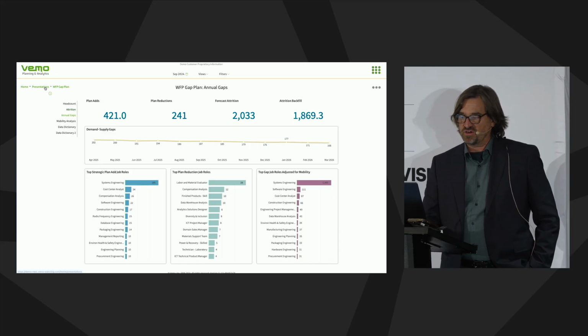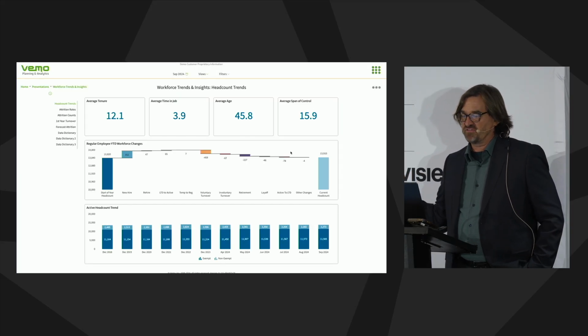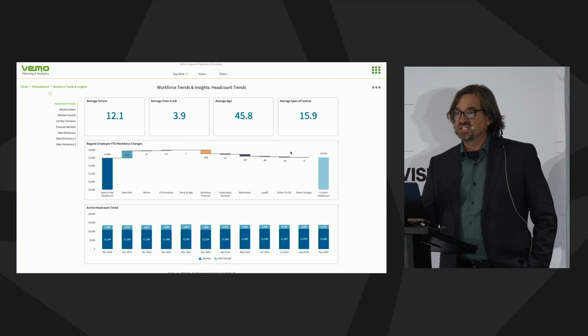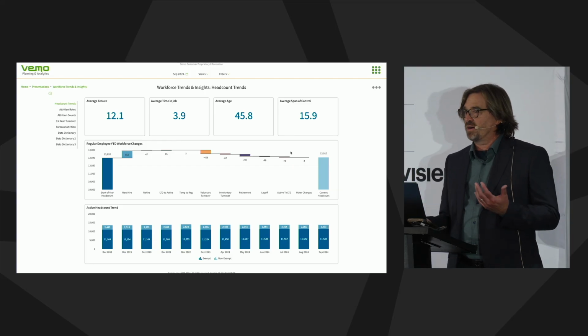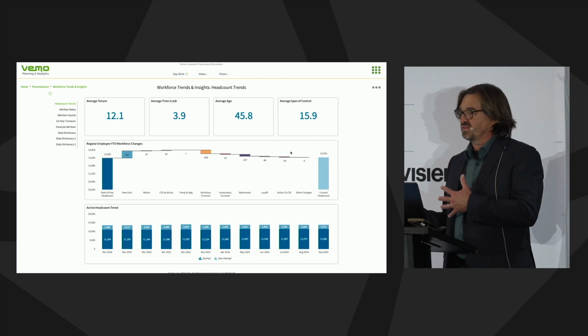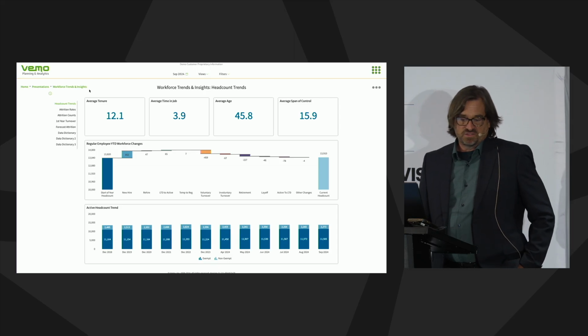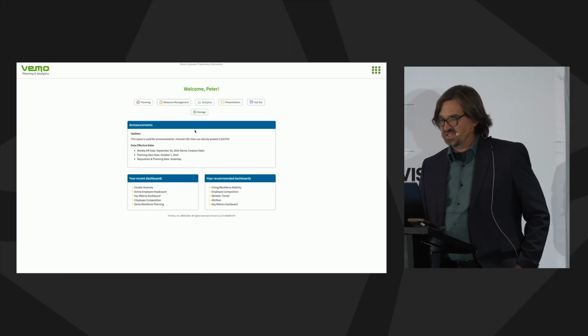But we do combine it with other, more internal data, like workforce trends and insights, and the different information we have around waterfalls. This particular module is designed to be all PowerPoint friendly. So it's a PowerPoint generator. It allows people to create presentations at different levels, mark them up, make comments, and use them in the business. I think I'm running a little short of time, but I'm going to hit one more module.